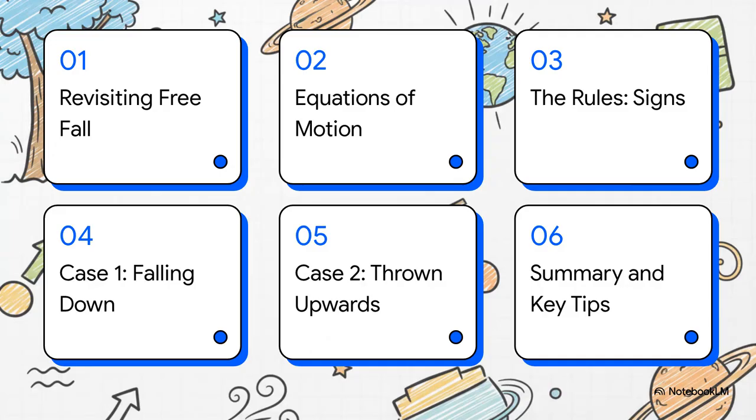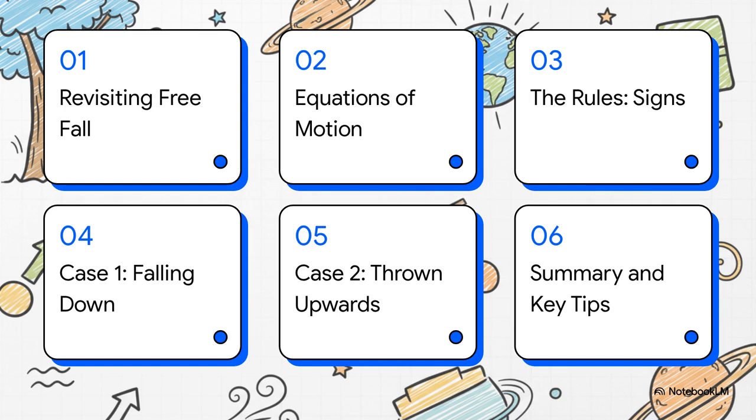So let's have a quick look at our plan for today's session. We'll start with a quick refresher on free fall, and then we'll introduce the main equations we'll be using. After that, we'll cover what I think is the single most important rule, getting the signs right. Then we'll apply everything to two classic problems before we wrap up with a summary and some really helpful tips